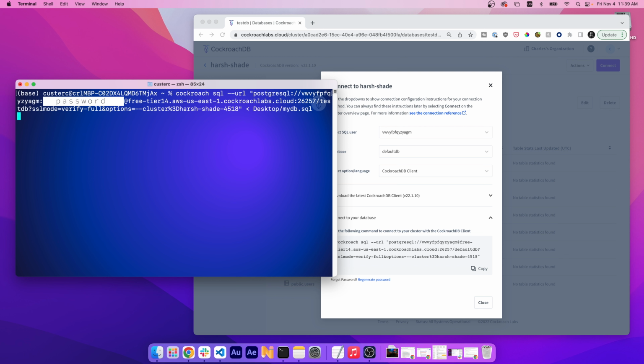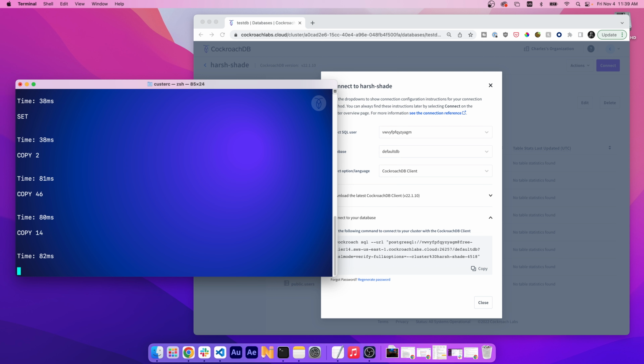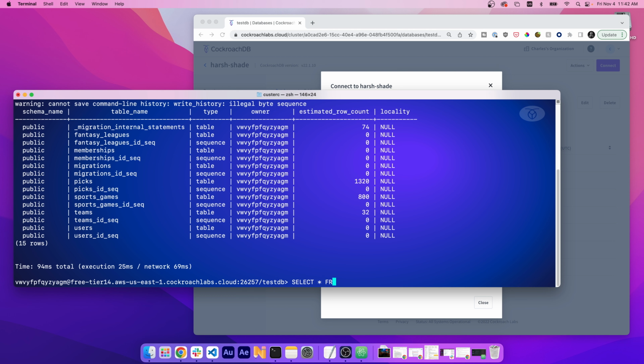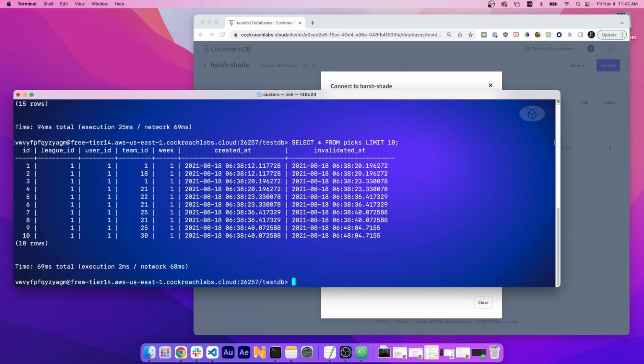When we execute this command, CockroachDB connects to the cluster and runs all of the SQL queries in that SQL file, which in this case includes a lot of copy statements with all of the data from our old database. So now, if we go to query one of our tables, we can see that the expected data is there. And that's it. We've migrated our old SQL database into CockroachDB, and now we can take advantage of that generous